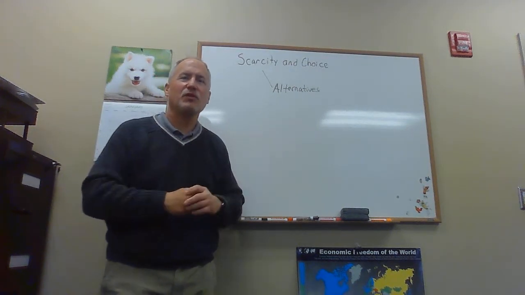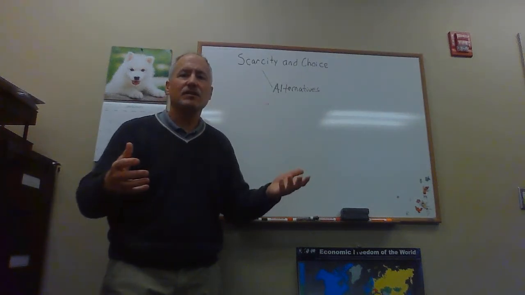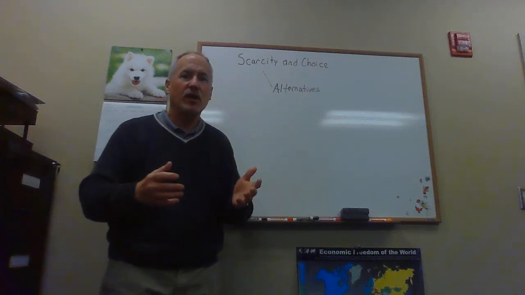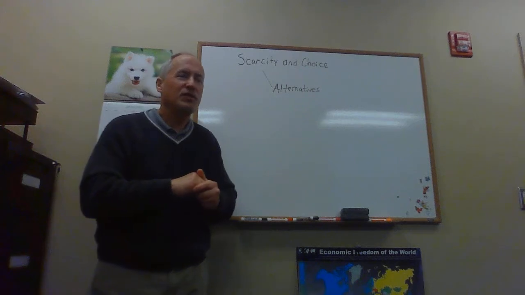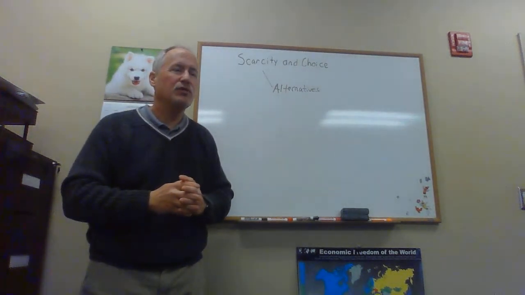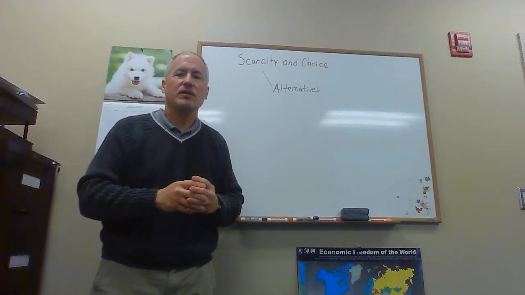The economist Bastiat is famous for saying that economics is about helping people see the unseen. It's the things that we don't actually see that we're giving up that are so important. So this is my take on the fundamentals of economics, scarcity and choice. It's an irreducible element of our world, and it's something that any economic system has to deal with.